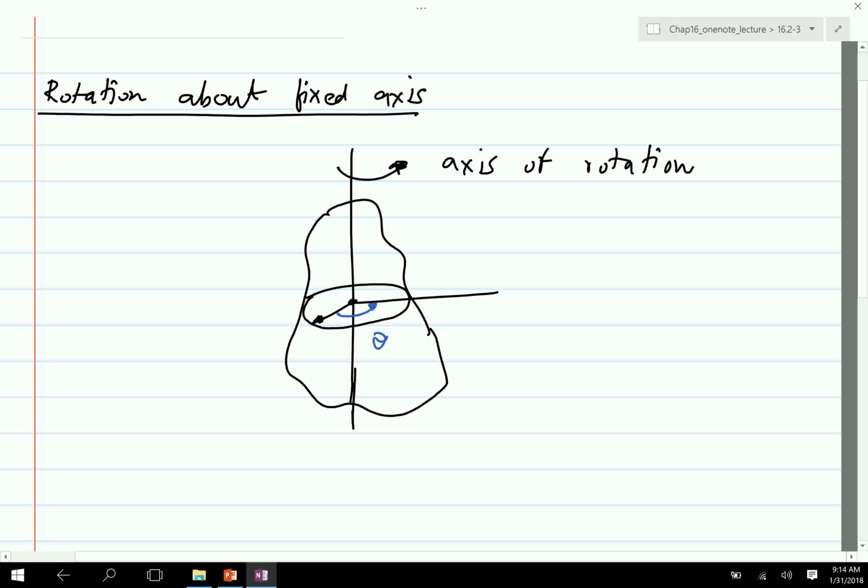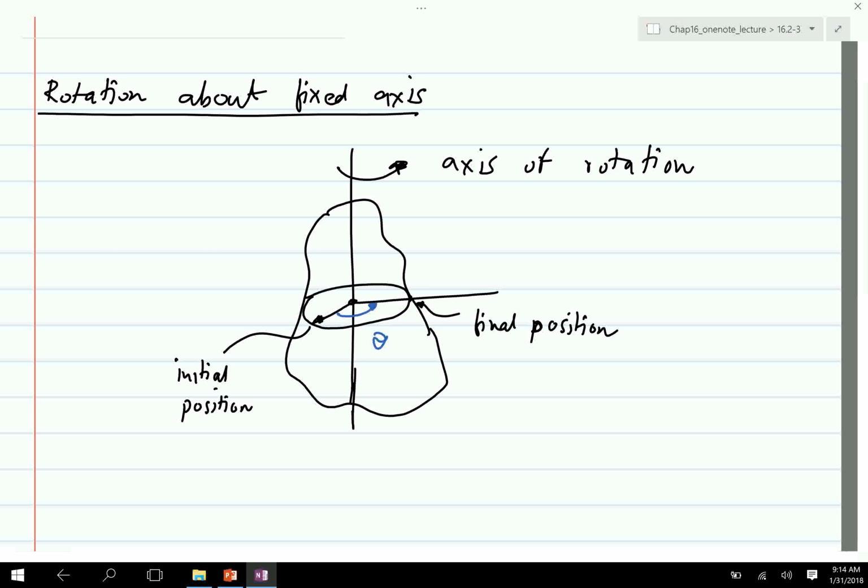Okay, so what we're trying to do is keep track of a point on the rigid body. So let's say that this point has a position like so. We rotate the rigid body, and the point ends up here, the final position. So in the process, the rigid body has rotated by an angle theta. Okay, and we are trying to understand